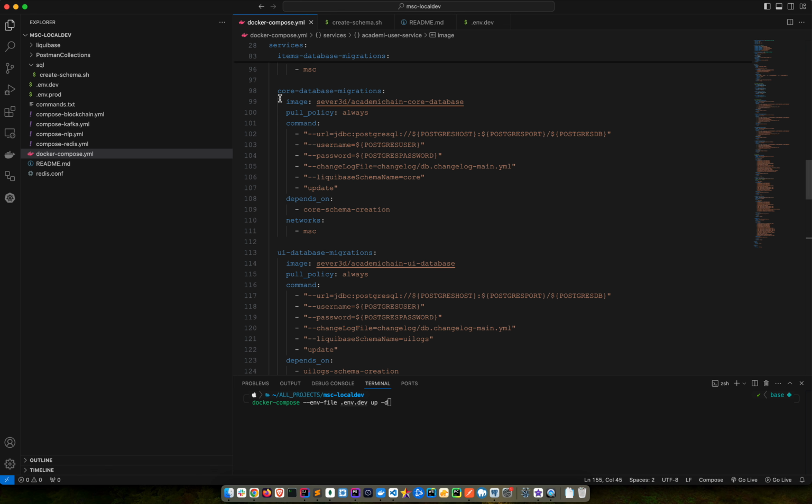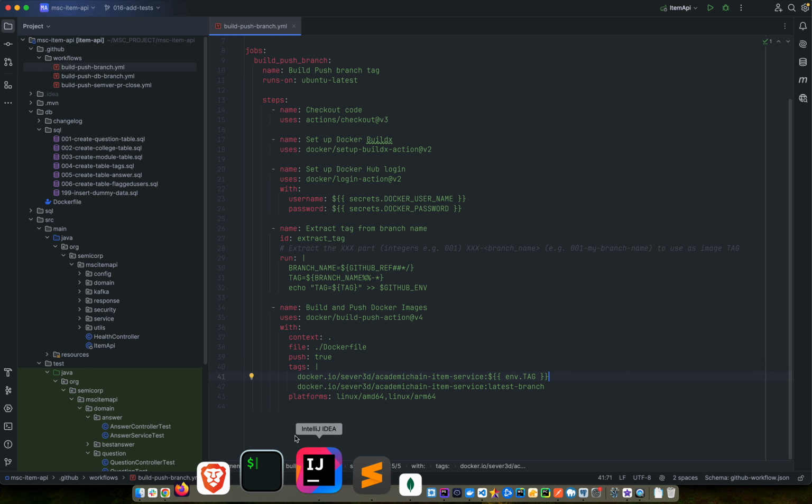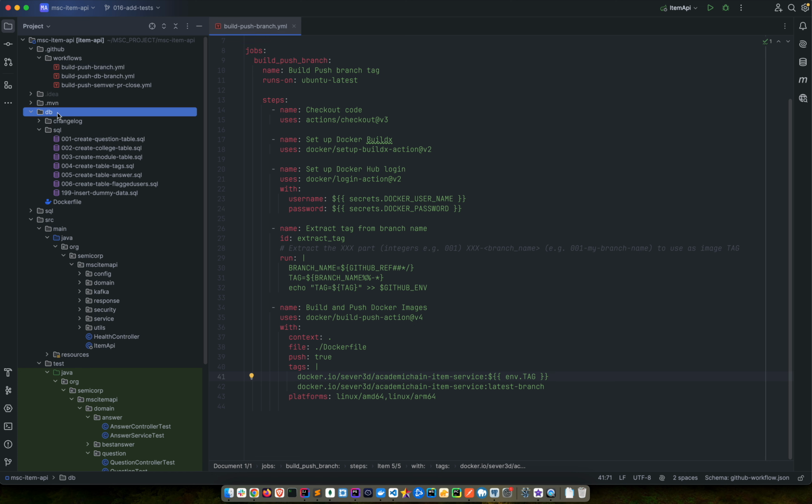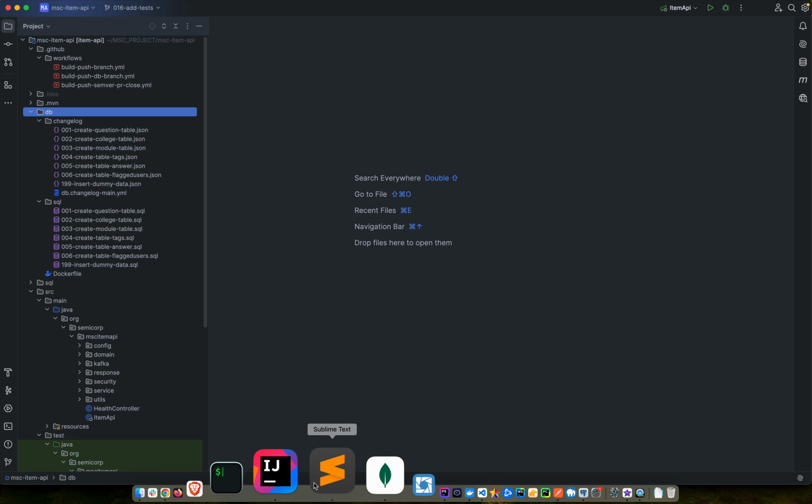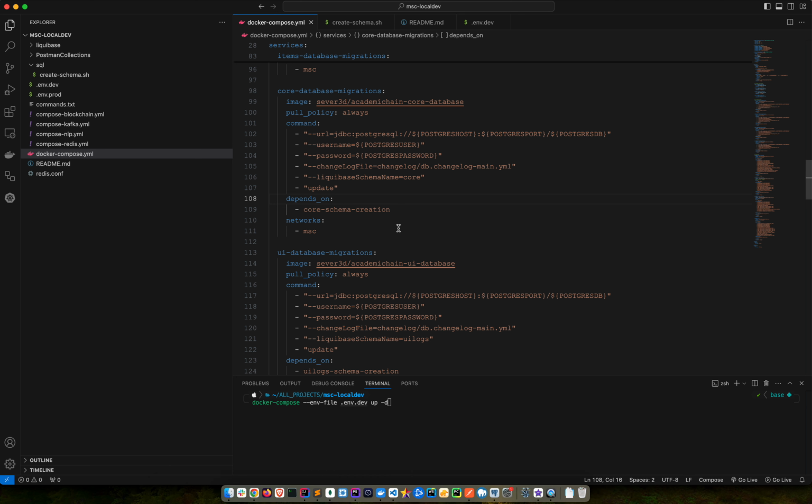So here we have database migrations. Database migrations images contain Liquibase, the service which actually will start the migrations, and the migration files. Basically, in each backend service there's a DB directory with changelog, so with all the migrations, and those migrations for the item service